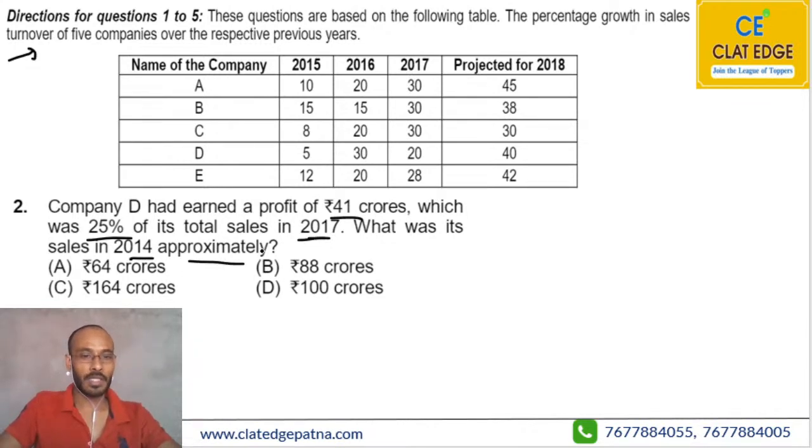That we need to calculate. So given, what do we have? That company D had earned a profit of 41 crores, which was 25% of its sales in 2017. So you can say that 25% of the total sales in 2017 is 41 crores. We need to find the sales of D in 2017, so here first, in 2014, assume it is 100, and